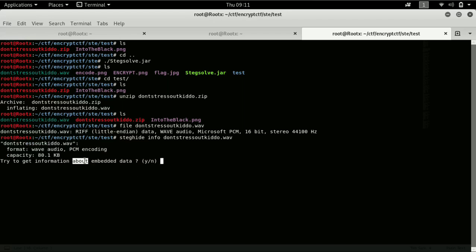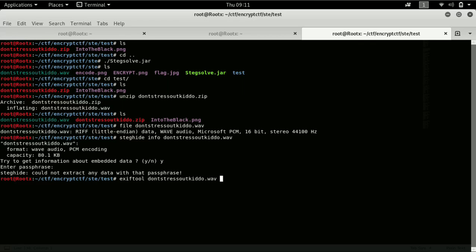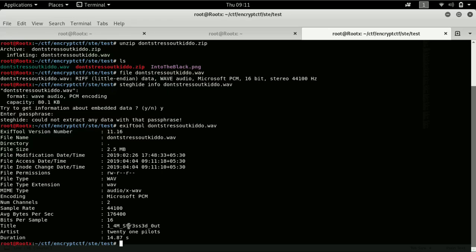Here you can see they hid some embedded data in this file, but we don't know the password because it is asking for one. I use exiftool. Here the title has some strings. It looks like a password.